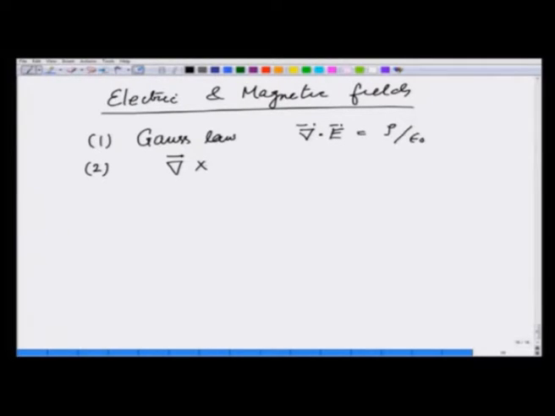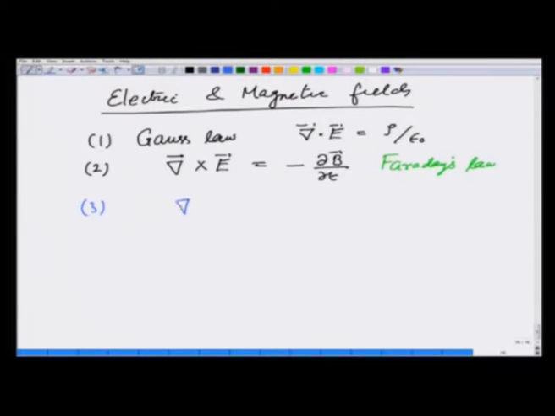Then we have learnt about curl of electric field arising due to a changing magnetic field, which is Faraday's law. Keep in mind that curl of E is 0 arising from a charge distribution. Third,